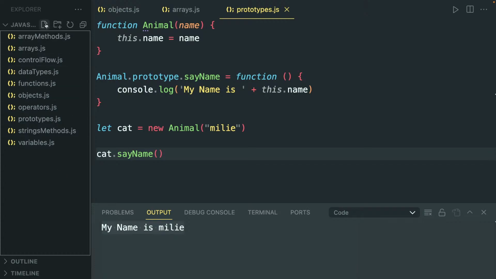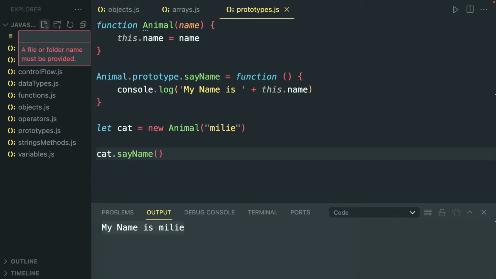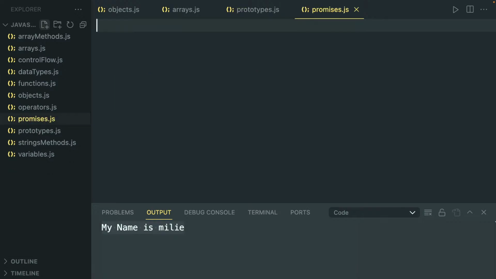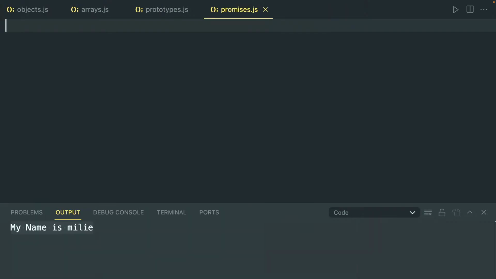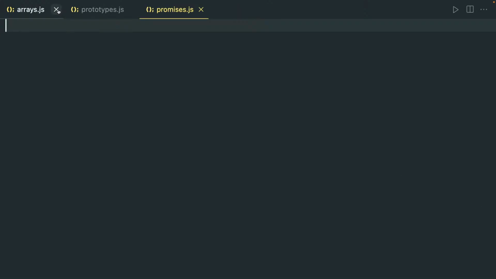So now we will learn about JavaScript promises. This is really used inside APIs and inside the backend in Node.js, Express.js, whatever you're using, right? So promises,